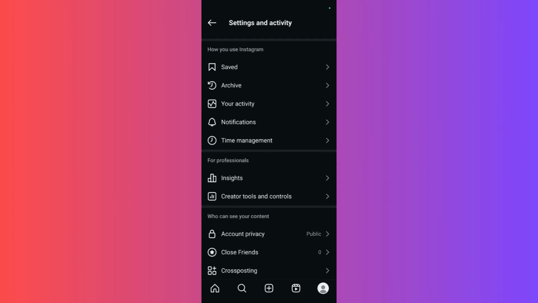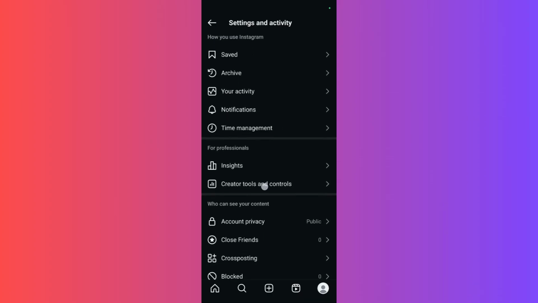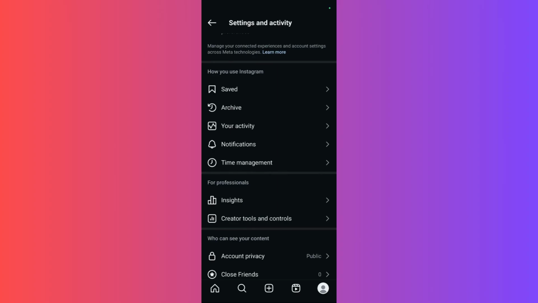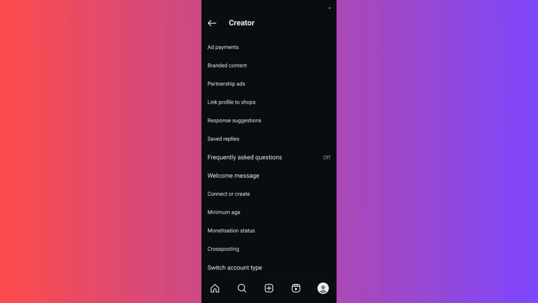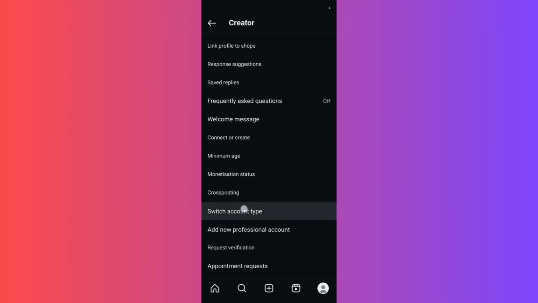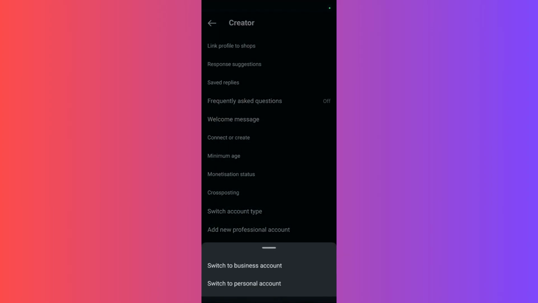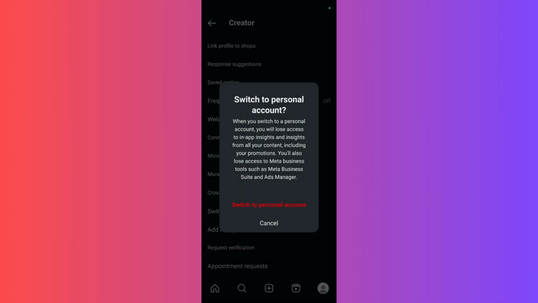You need to scroll down until you see this option which says creator tools and controls. Click here, and here you can see this option which says switch account type. Click on this option and it will give you the option to either choose a business account or a personal account. To switch it back to the personal account, click on this personal account option and it will ask you